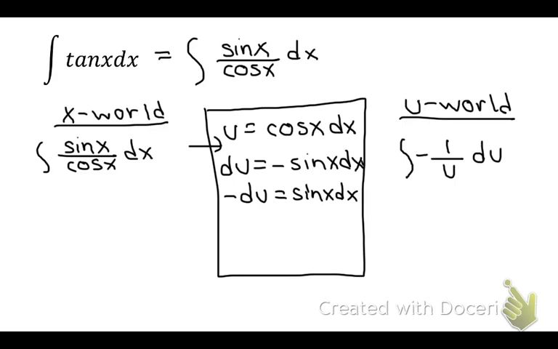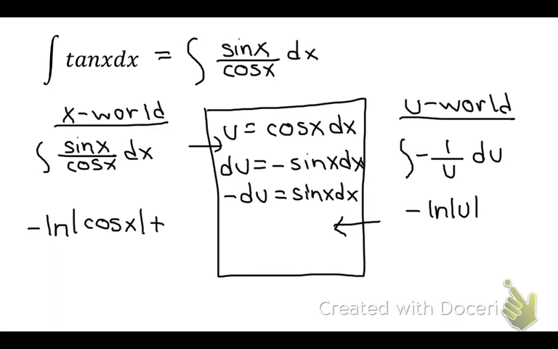So we're going to end up with negative natural log of u. Now keep in mind too, when we take the natural log, we need those absolute value symbols there to ensure that our argument is positive. Bring it back through, and we're going to have negative natural log of the absolute value of cosine x